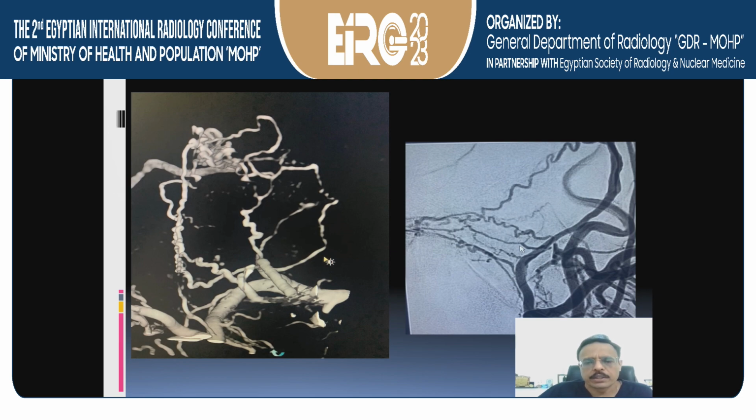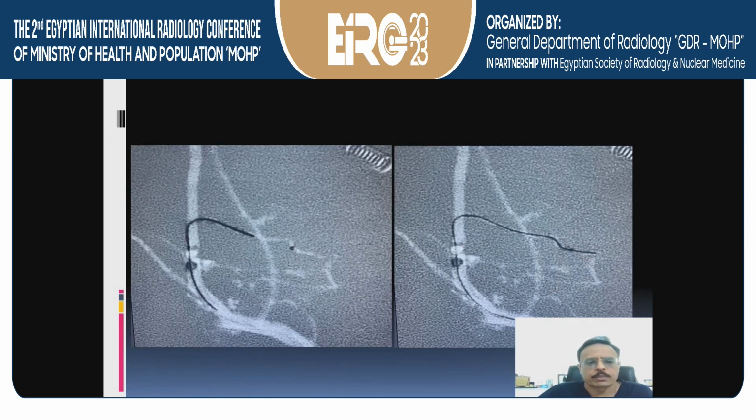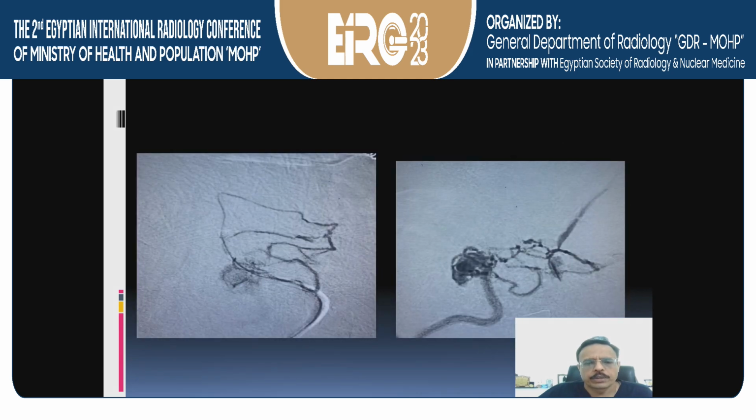We do 3D imaging so that we can actually try to see where all these small vessels are coming from, and using the 3D we get a 2D angle where we can catheterize any of these very small vessels. You can see a distal access catheter right in the middle meningeal and a very small vessel. Then we have been able to catheterize using that 3D,